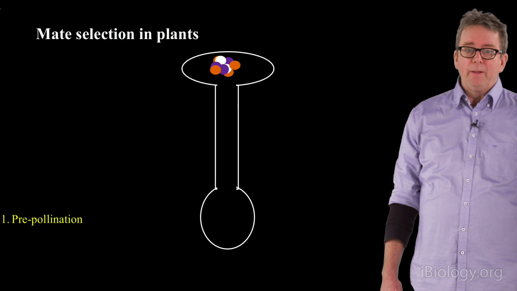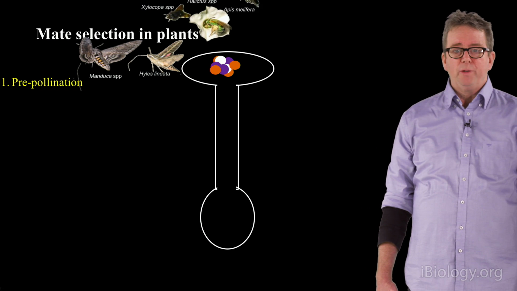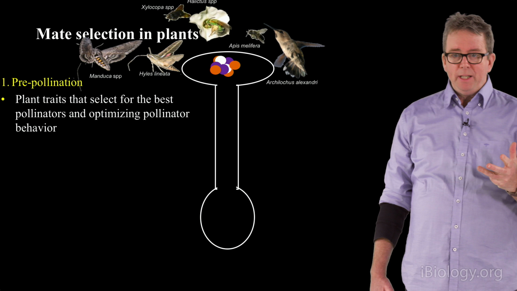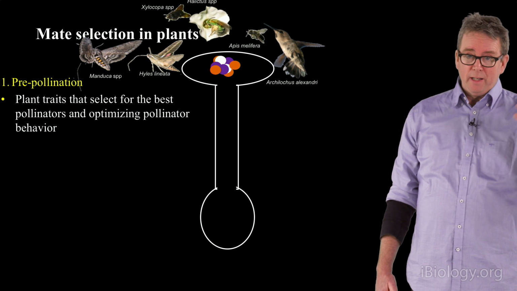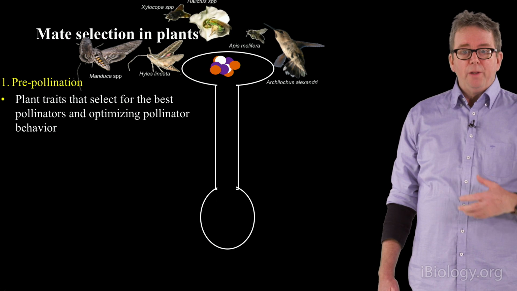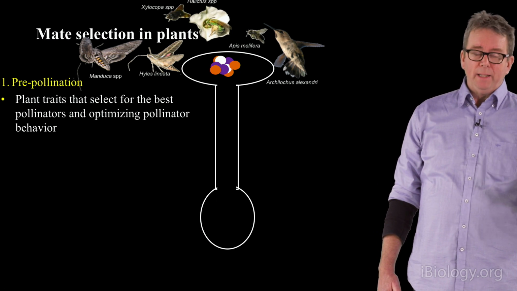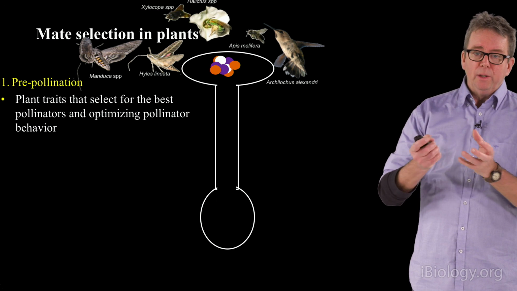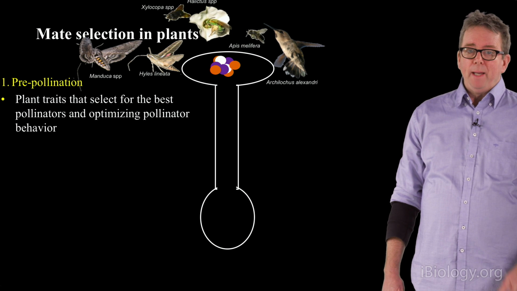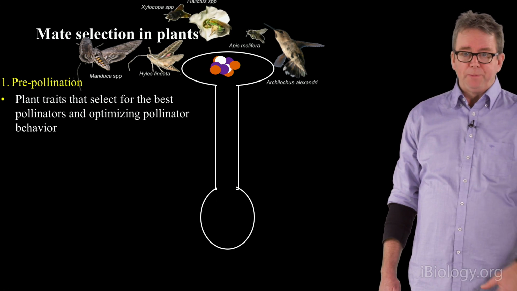And I'm going to first start out with the pollinator attraction, but to do that, I need to set a context of mate selection for plants. Now, plants can select mates at two different stages, actually at three different stages that I'm going to tell you about, but I'm going to just describe experimental evidence for two of them. The first stage can be the pre-pollination stage, when it brings in different pollinators that will then bring in pollen loads that have different types of genetic composition. And I'll talk a little bit about the flower traits that select for particular types of pollinators.